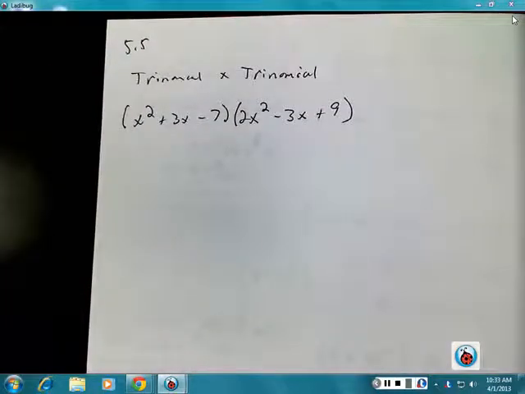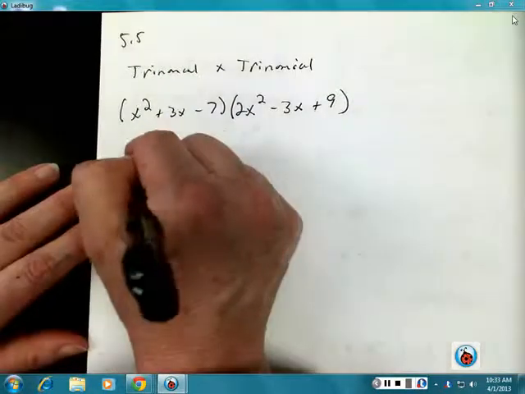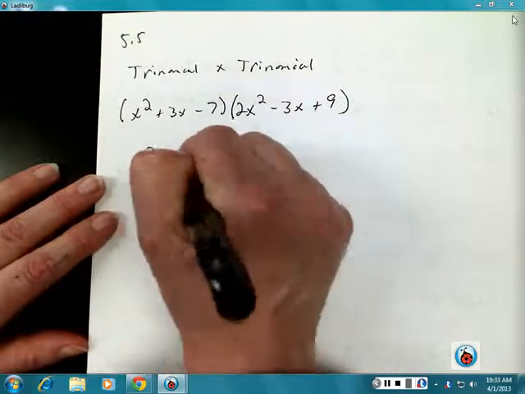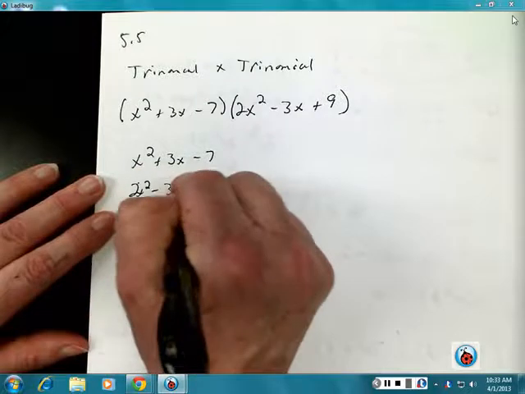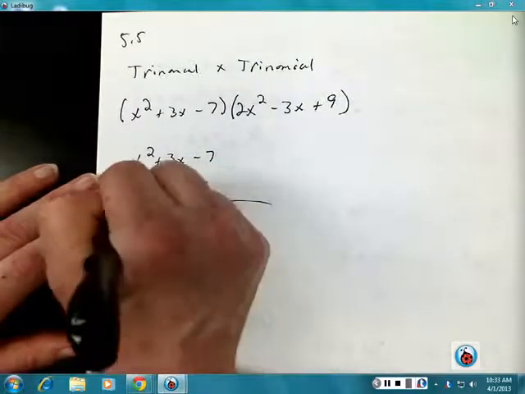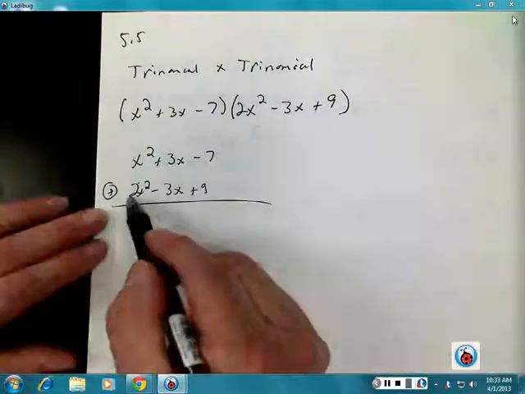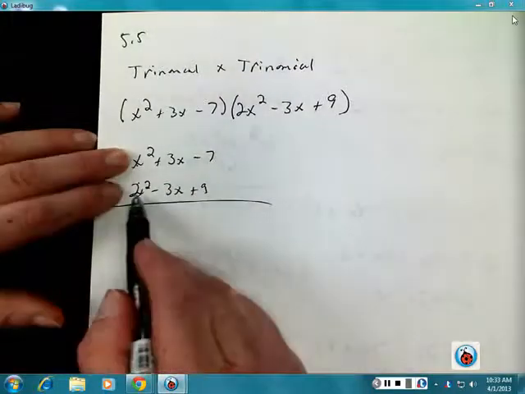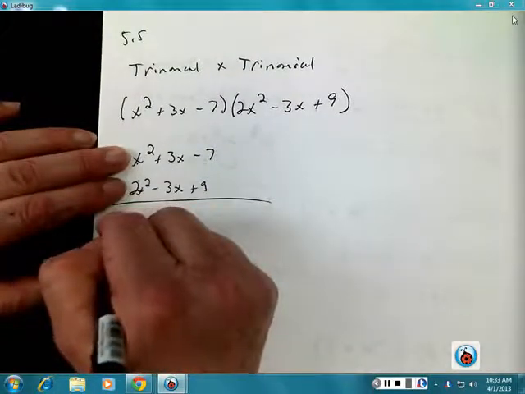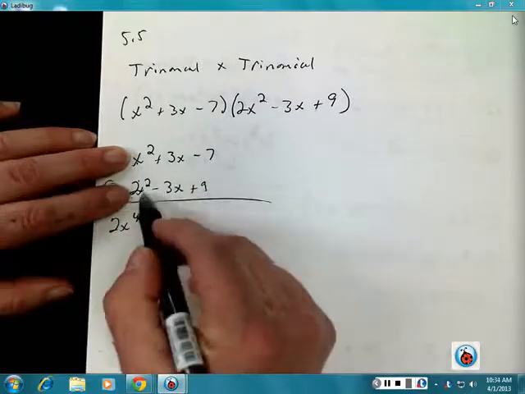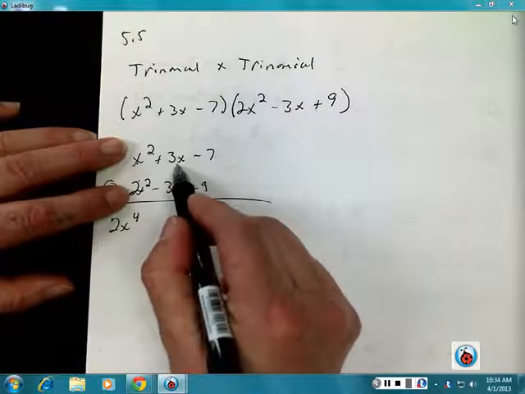If that's the piece I have, another method you can use is to write these above each other. Realizing that you're multiplying, start on the left and work your way back across. Take 2x squared times x squared gives me 2x to the 4th. 2x squared times 3x is